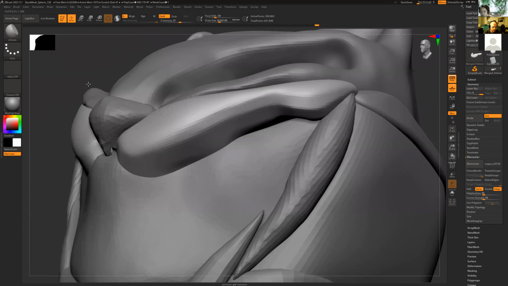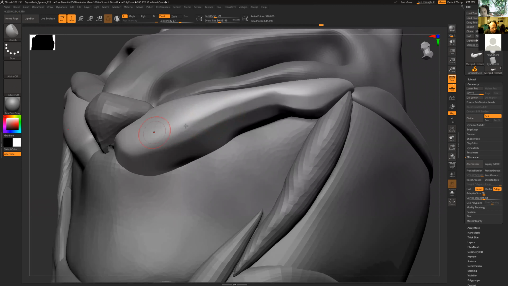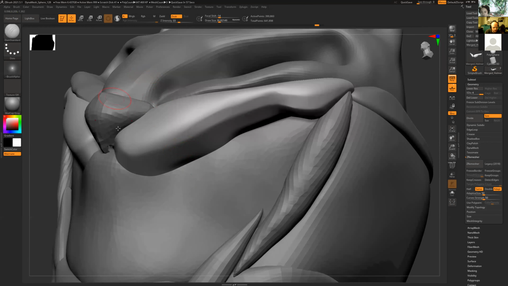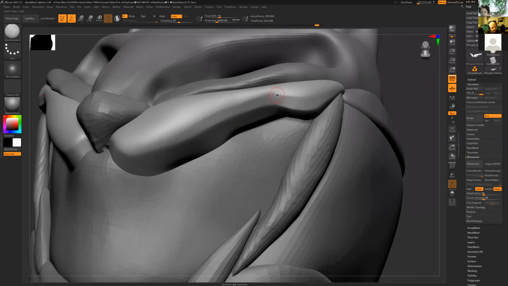If you want that sort of double-sided curve in there, another cool tool is Dam Standard. Right here, Dam Standard. If you want to bring out some of these edges, normally it's just going to crease into there really heavily, but you can also go with a low Z intensity up here, and hold Alt, and it's going to do the opposite of carving in strong, and it's going to push out a nice little ridge